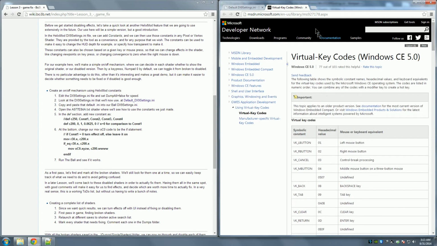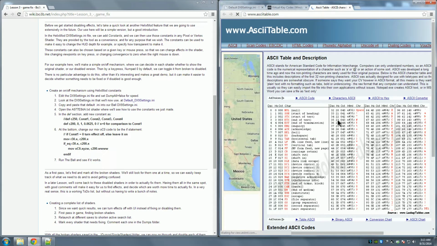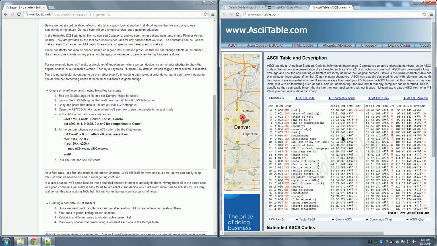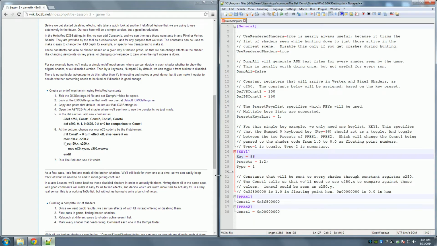Okay, now if it's a normal key, you could just use the regular ASCII column. So we'll open this one in another tab. This is just an ASCII key, and the ASCII keys are any sort of normal key. So if you wanted to hit the O key, for example, down over here we have the O key, and the number for it in decimal is 79. So in the ini file, you might actually change that number to a 79 if you wanted this to be the O key instead of the number pad 0. But it's your choice. You can choose anything you want. I'm just trying to give you an idea of where to find those magic numbers to put into this key